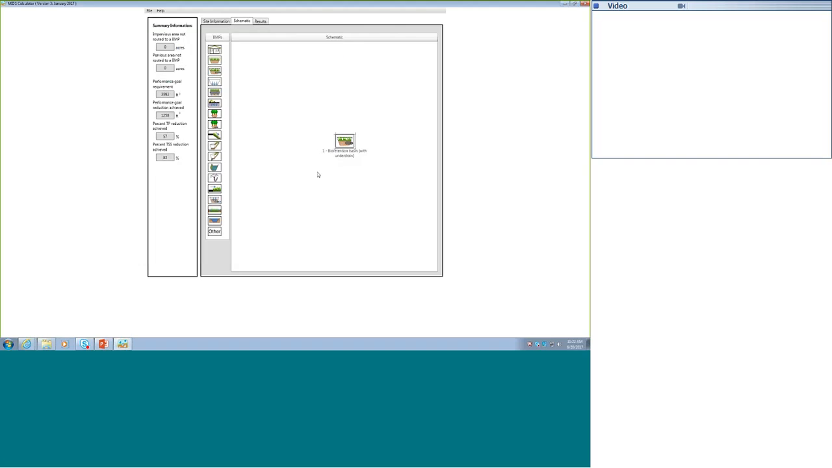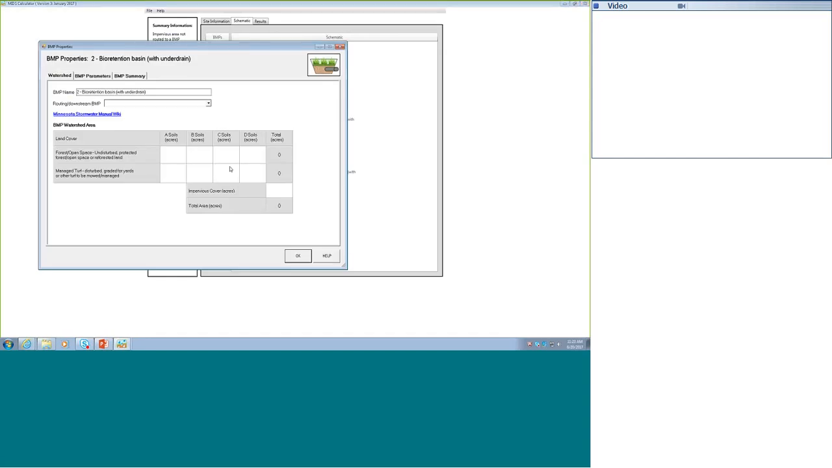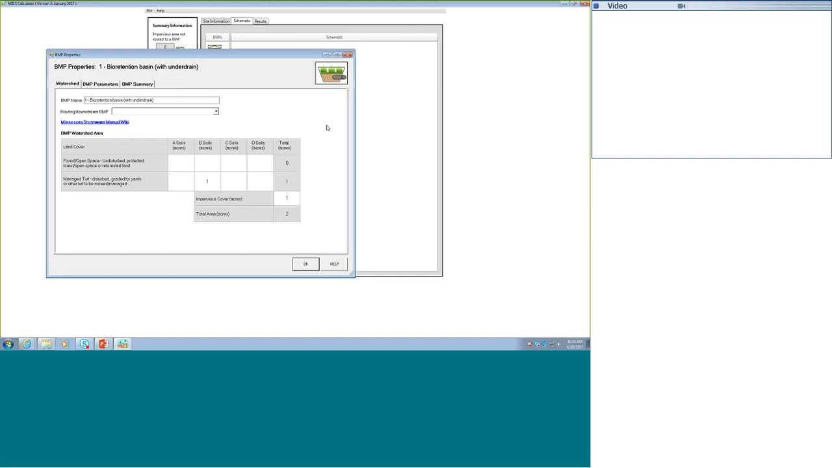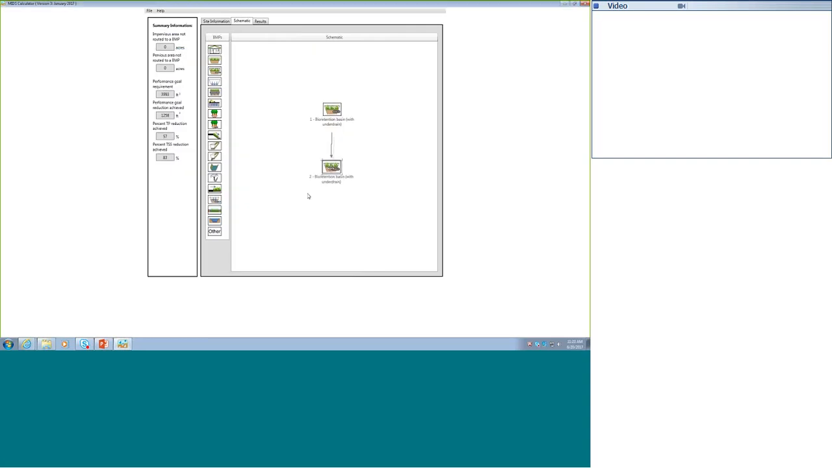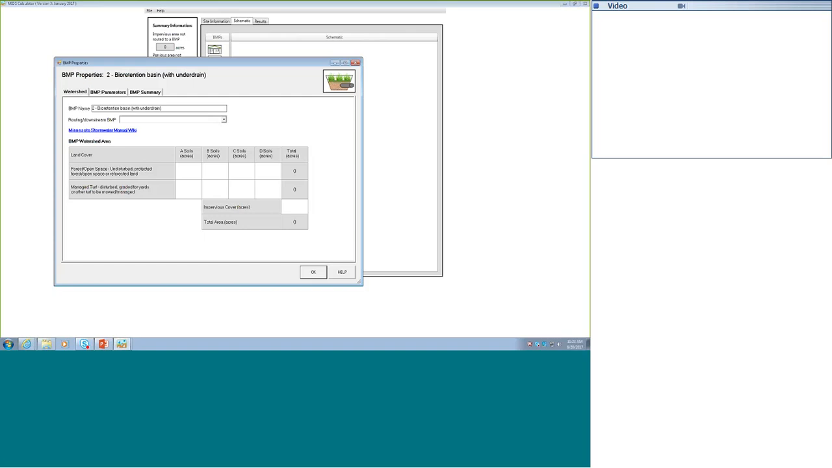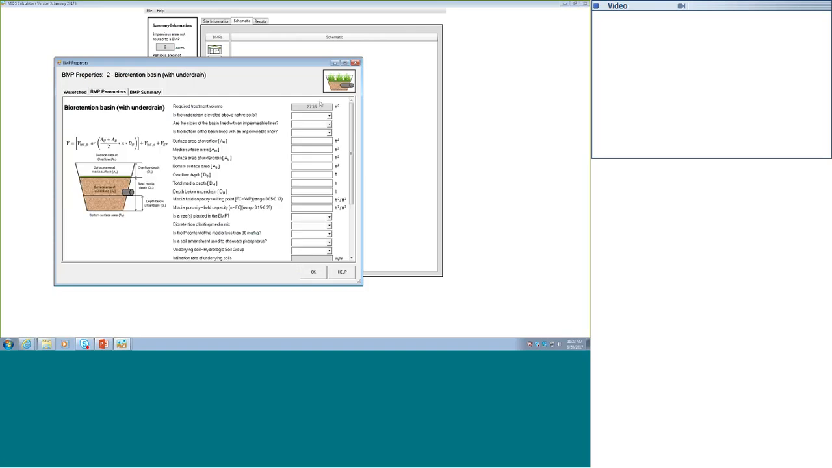Since we're not meeting our performance goal, let's put in a second practice, a bioretention system. Let's double click on this, and let's not route anything to this except this first BMP. Let's go ahead and route that first BMP to the second one. So now you can see that for the second practice, we're not going to route any pervious or impervious surface, but it does have a retention requirement because the water that's not being treated in that first BMP is being routed